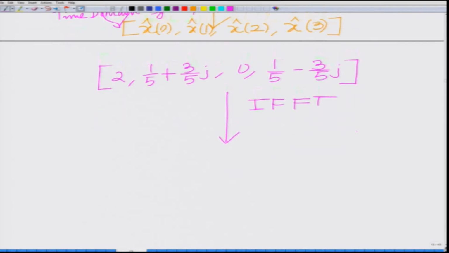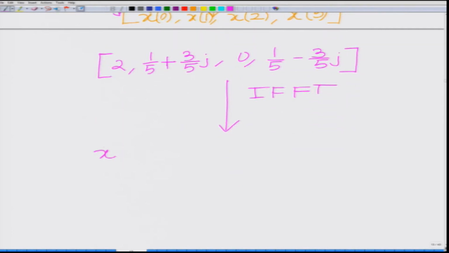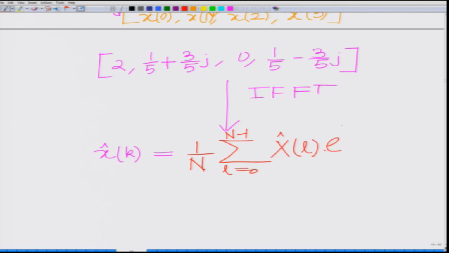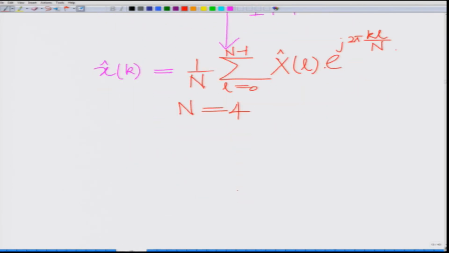That is basically what we are saying: small x hat of k is given by 1 over n times the summation over L equal to 0 to n minus 1 of capital X hat L e to the power of j 2 pi k L divided by n. Substitute n equal to 4, and what we have is basically small x hat of k equals 1 over 4, summation small l equals 0 to 3,